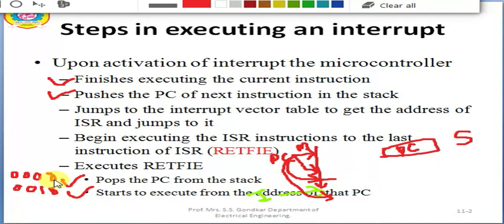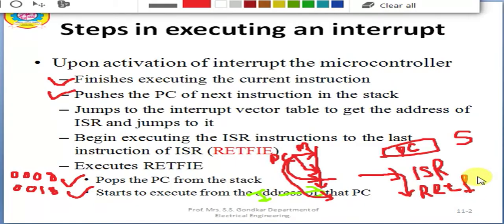It means that at one of these two locations the interrupt service routine will be written. So if I say that from here your program will jump here, that is nothing but your ISR. It will be executed, but at the end of the ISR you have the return instruction, that is RETFIE. This instruction will help you to go back to the point where you left.